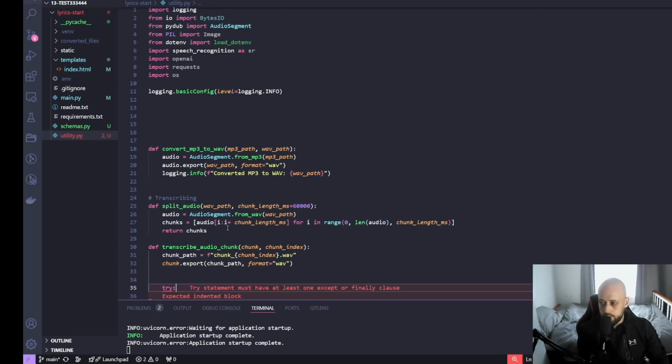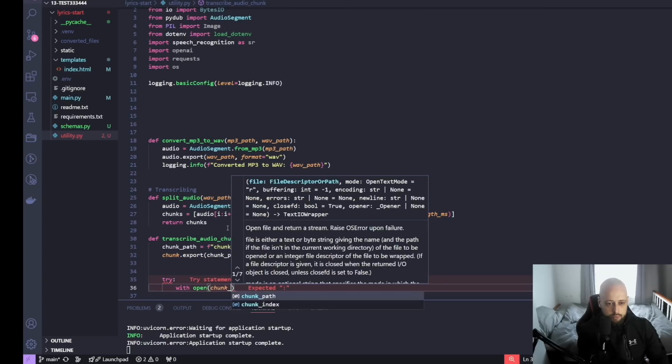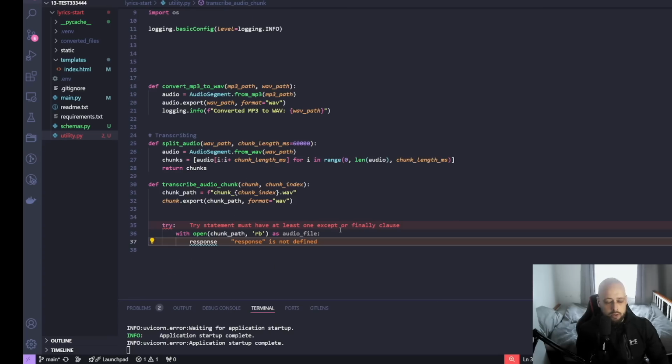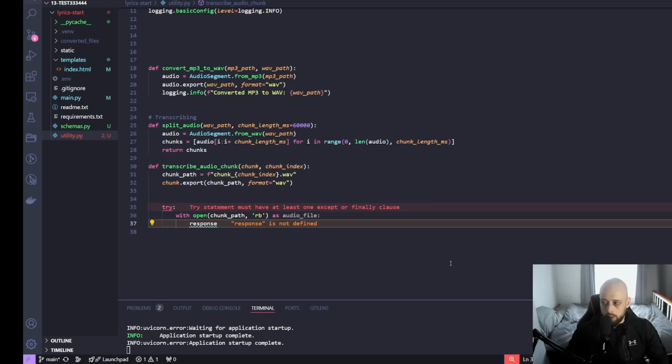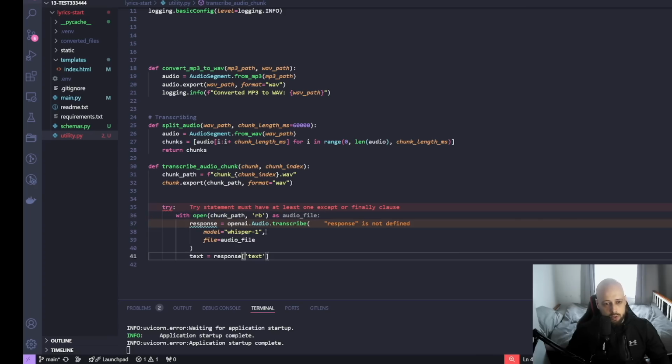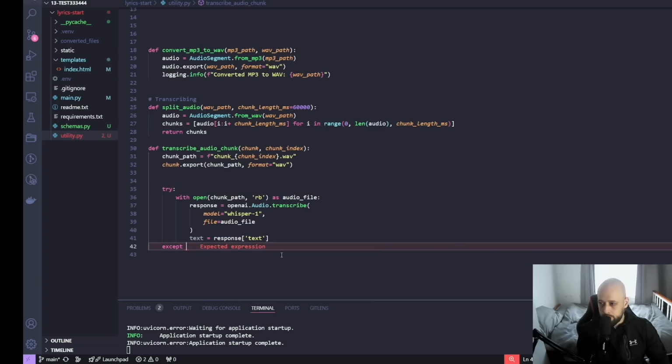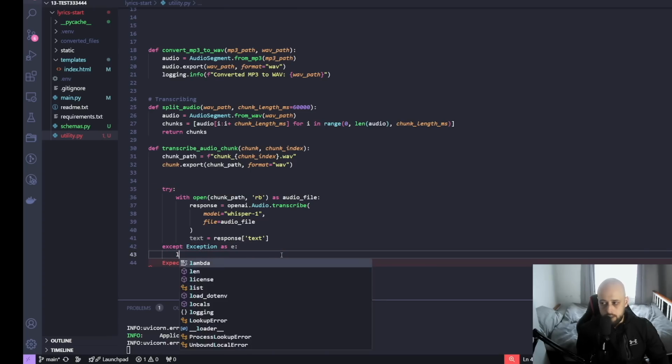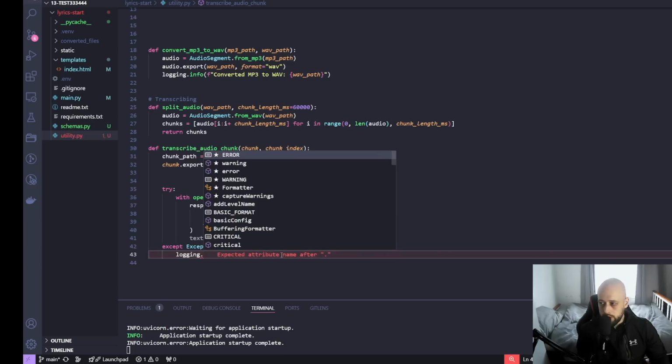So with this, we'll say try, open chunk path as audio file. So now this needs to travel to our OpenAI API to get transcribed, and we will be using the model called whisper-1. I already prepared some code for this, and we can just copy paste it. If you need to, after you see the copy paste, you can pause the video and make sure you have the same thing. So we'll write an exception, store it as e, and then we'll again utilize logging to say